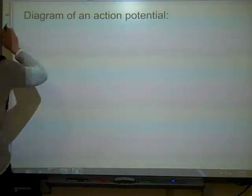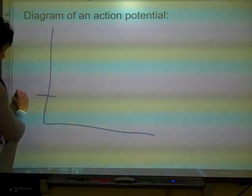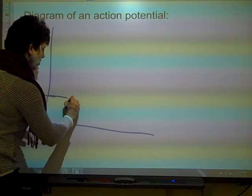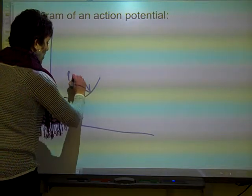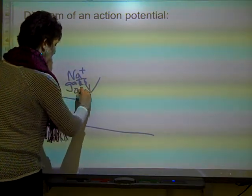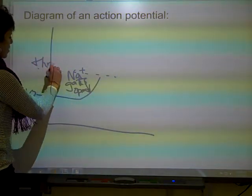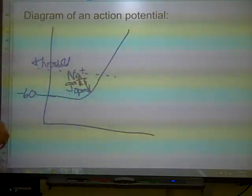All right, lastly, I want to show you a diagram of an action potential. Here is my normal resting membrane potential. Normal, normal, normal, normal. Starts going up. It only goes up if the Na plus gates open. If it reaches a certain minimum amount, this is called my threshold. If it meets that minimum amount, we get the spike. The spike